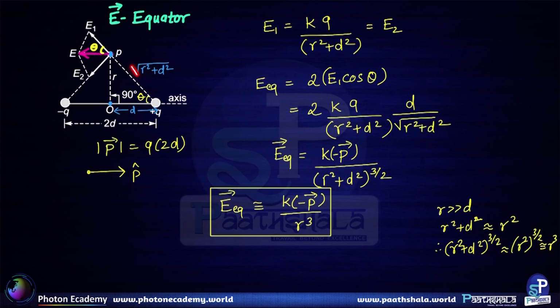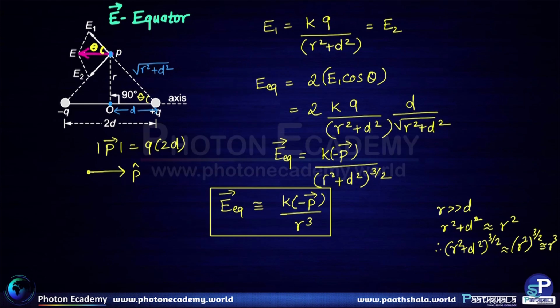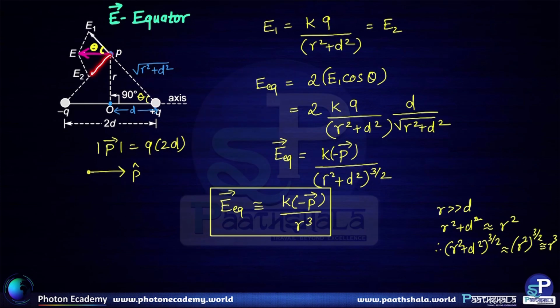We know that the length of this hypotenuse is the square root of r square plus d square. All these facts we know. This angle theta is of peculiar interest to us because we are going to take cos theta to find the component of E1 along the direction of E. So E1 is the electric field because of one charge, and because of the symmetry of the situation, E2 is also going to have the same magnitude. E2 will be directed towards the negative charge, as is the nature of electric field lines. They are directed towards the negative charge, and E1 will be directed away from the positive charge.